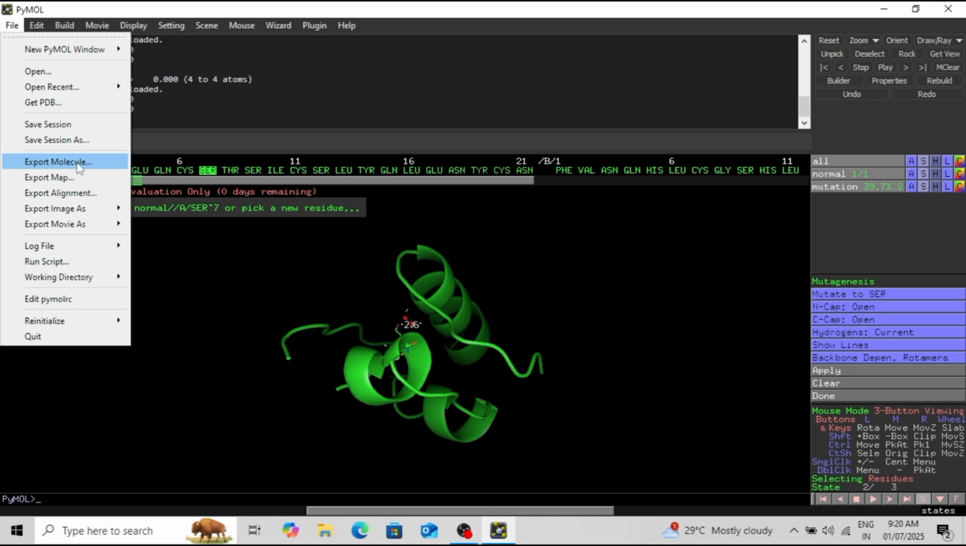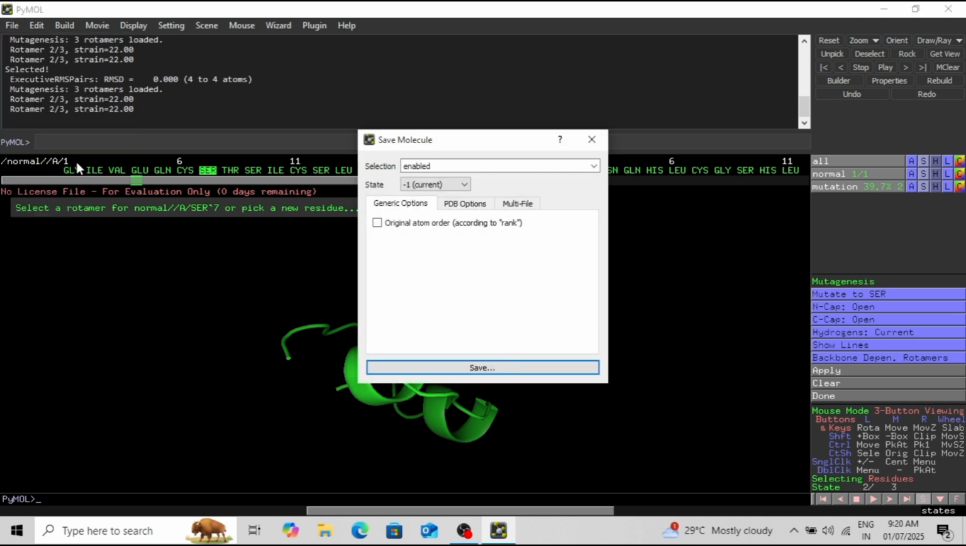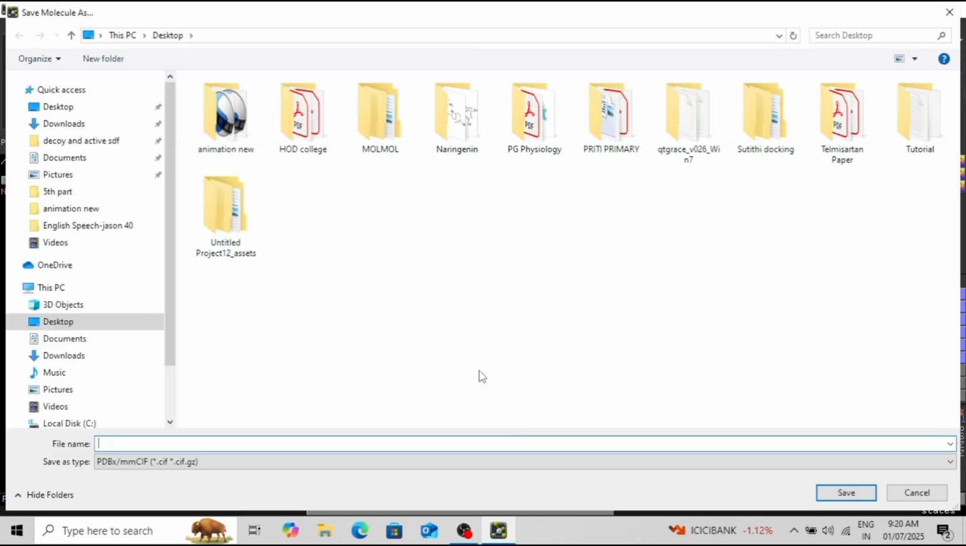So click on export molecule. So go to file and click on export molecule and export it as PDB. So these are the PDB options. Okay, click on save and give it a name. First select the PDB because it will be saved in PDB format, and I'm going to name it as mutant.pdb